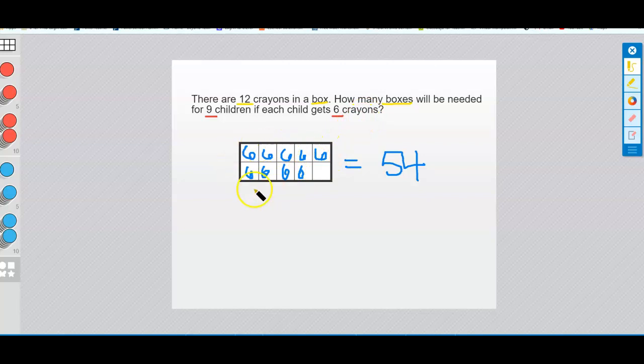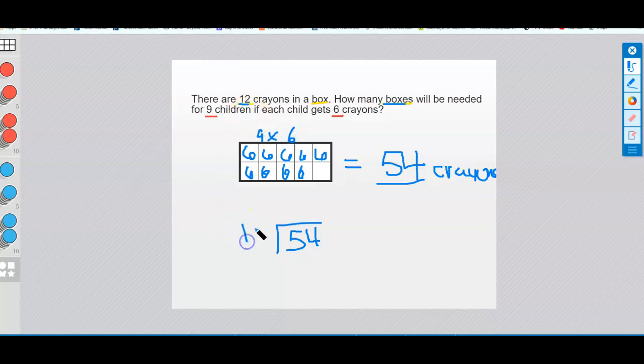If you see my picture here, it is kind of a good strategy to help you visualize what's happening. So this tells us the number of crayons that we'll need. So we'll need 54 crayons for the 9 kids. But we need to know how many boxes of crayons that we need. So if we know that we're going to need 54 crayons because we have 9 kids times the 6 crayons,